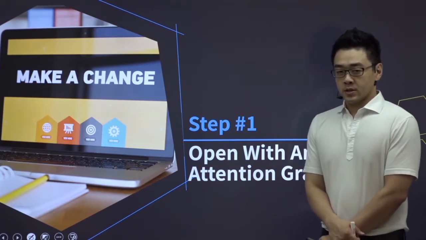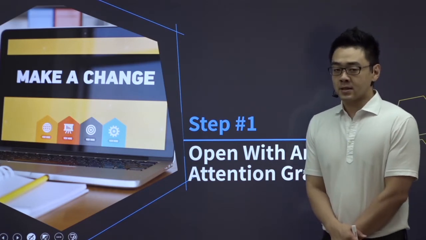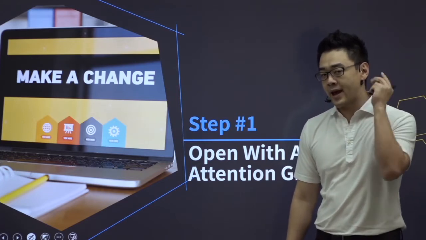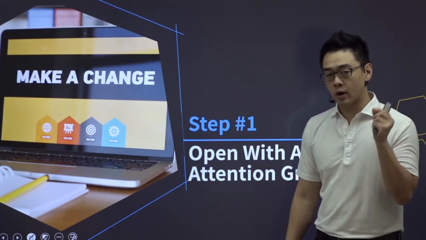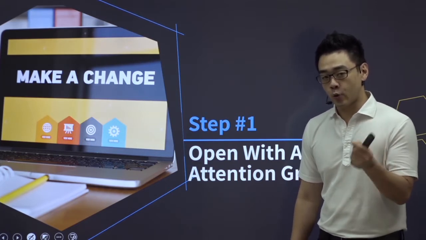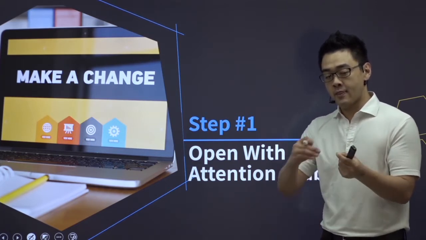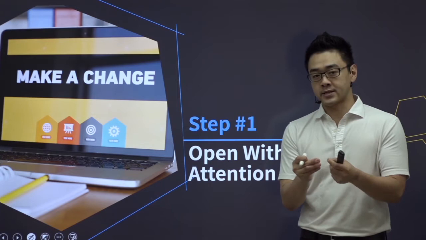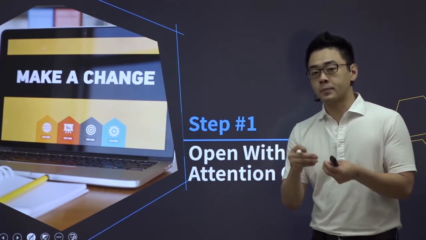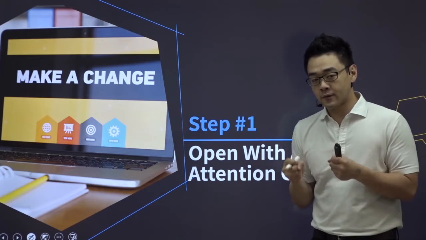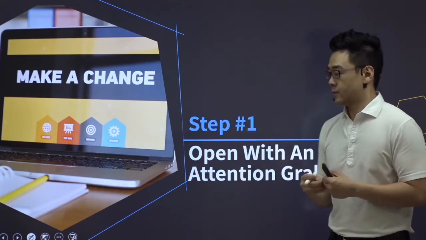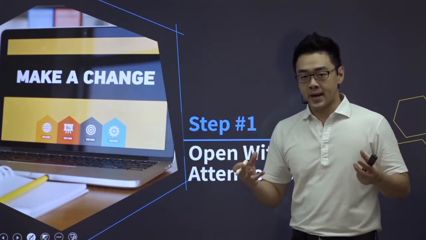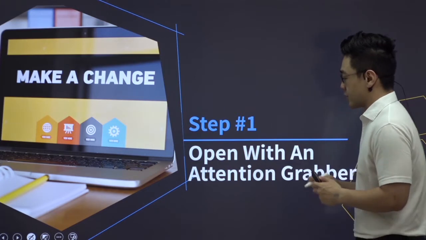Sometimes we talked about credibilities. Okay, credibilities is a must that we have to mention. But before you talk about your credibility, you have to make sure that everyone is listening. So how do we open your presentation so that you grab people's attention first and then introduce yourself? Okay, it doesn't have to go with this order, but what I'm saying is that this would be a good order. Grab attention first and credibility after, because you want to make sure your credibility has the maximum impact on the people sitting down there listening to you.